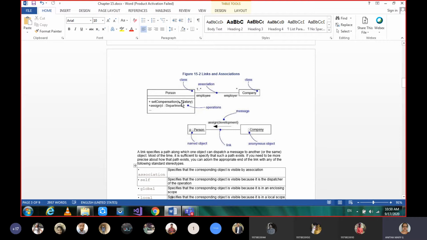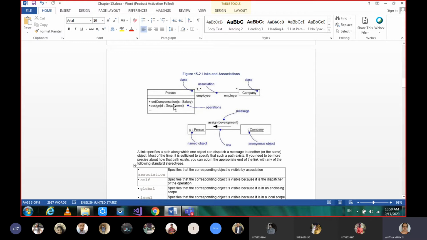So here, person and company are the classes. One or many persons can be employees of many companies, and here we are giving the association. Classes and their relationship is an association.